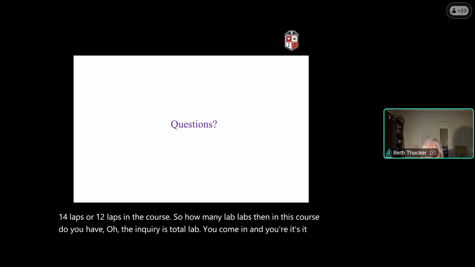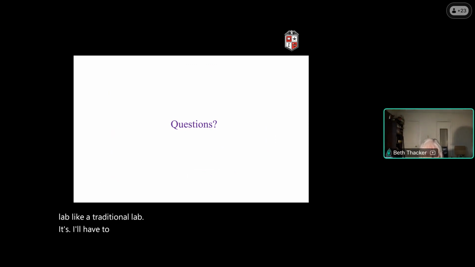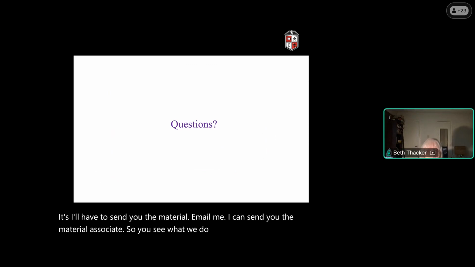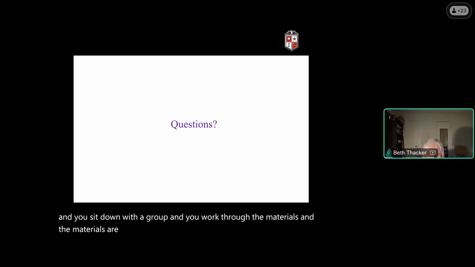it's not a lab like a traditional lab. I'll have to send you the material. Email me and I can send you the material so you see what we do. That would be great. It's a total lab. You come in and you sit down with a group and you work through the materials, and the materials are all sets of questions that guide you through this, or say, set up this and try this and see what